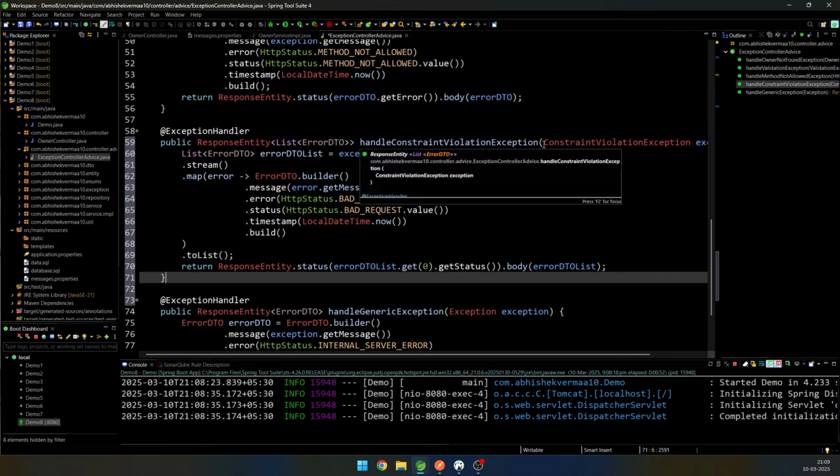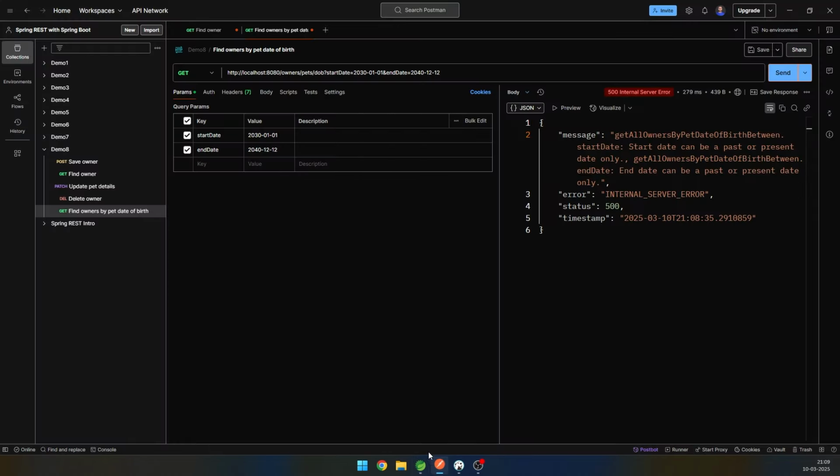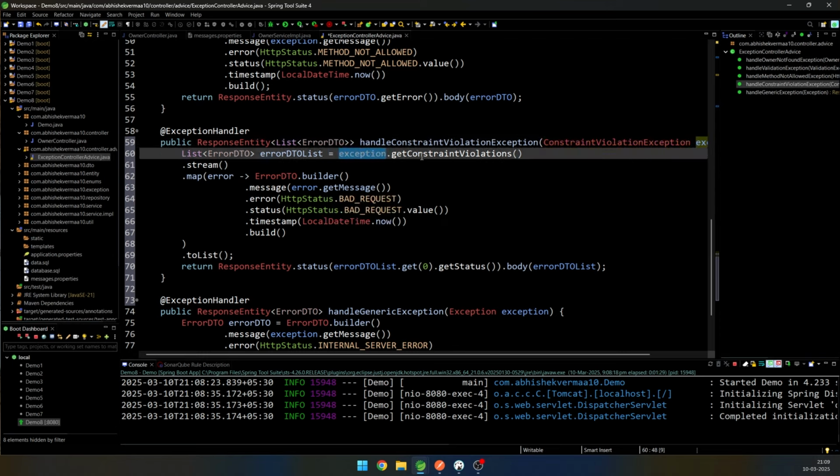So here, first of all, we are saying that this one is going to handle your constraint violation exception. Because something was wrong in your method argument and it was considered a constraint violation exception. As you see in this particular one also, these were basically two different exceptions. So this was one exception and this was another exception. So it is possible that at the same time there can be multiple exceptions. So instead of directly saying error.getMessage or exception.getMessage, what we are saying is that from this exception we can get